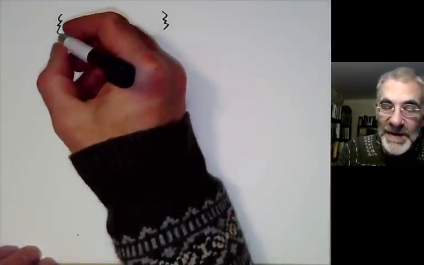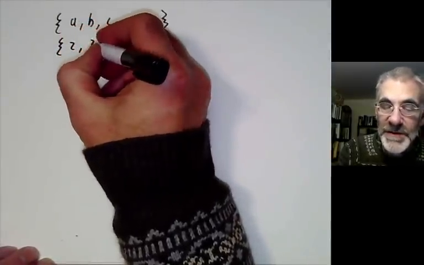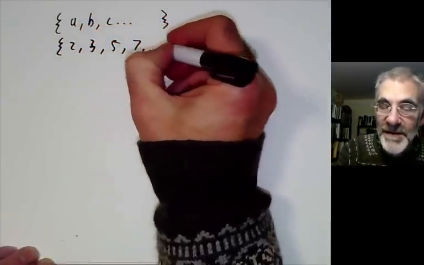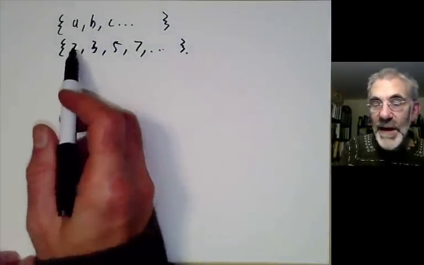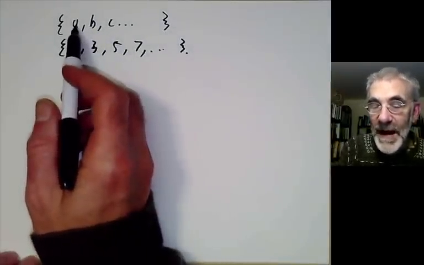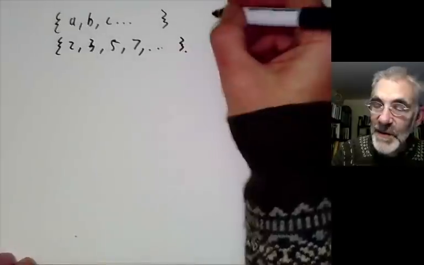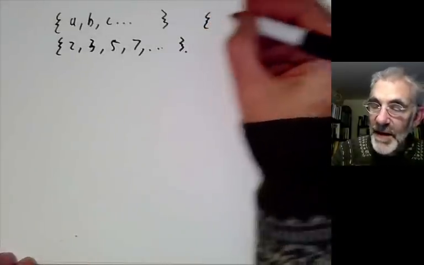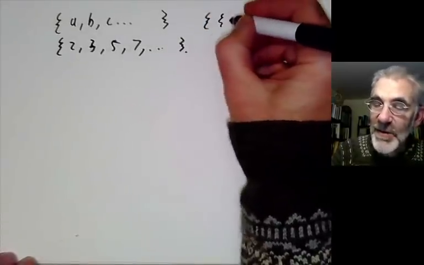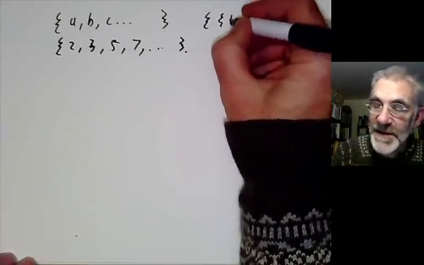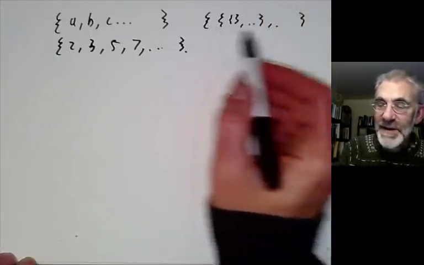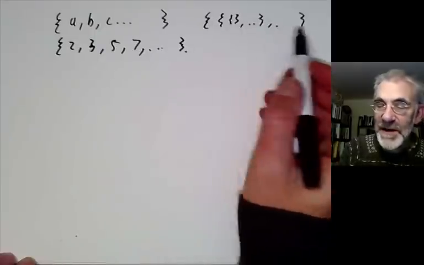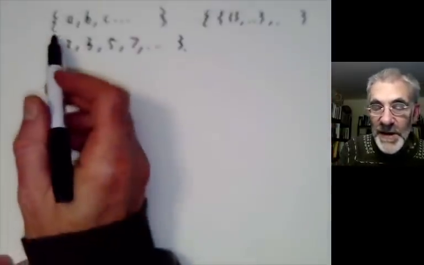So we might have the set of all primes, which you can picture as 2, 3, 5, 7, and so on. Well, what we would really like is for A, B, C, and so on to be sets as well. So we start getting this should be a set consisting of A. Well, A will be a collection of things, and each of these things will be a collection of something or other. So you can write down a set by writing down a vast number of these curly brackets, and this gets a little bit tricky to write down.